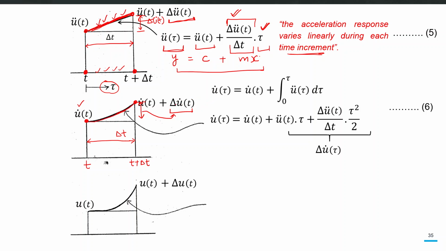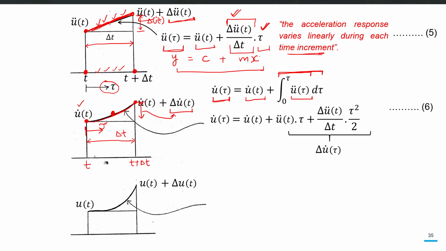and that equation will basically become the velocity at any tau, and this is again tau, starting from here. So at any tau value, the velocity value is equal to the initial velocity, starting value, plus the integration of acceleration. This is the acceleration function being integrated from 0 to tau. So, for example, we want to find velocity at this point. So this will become our u dot of tau.